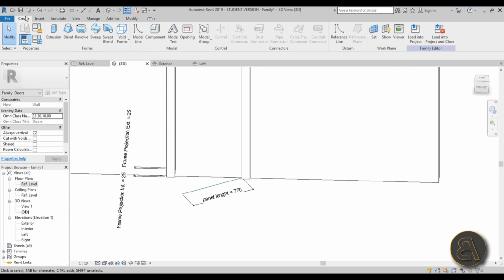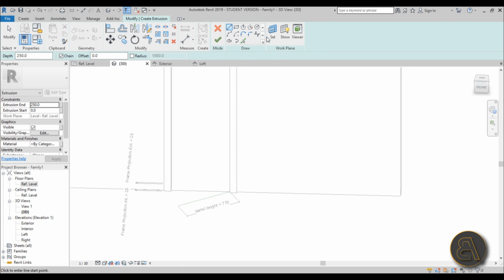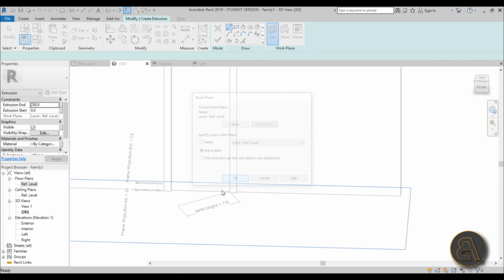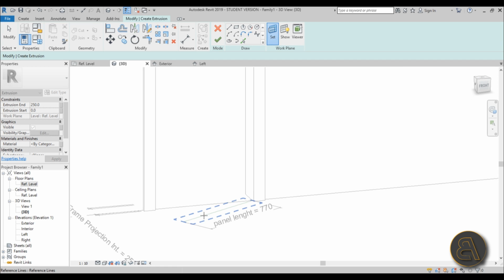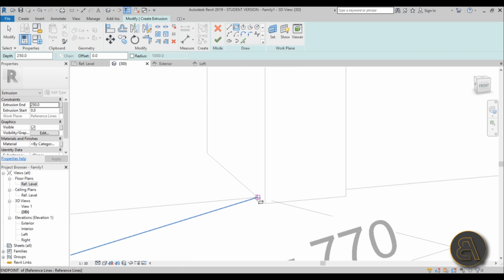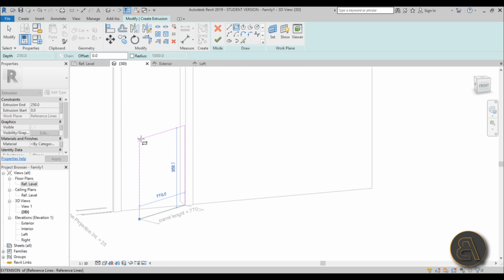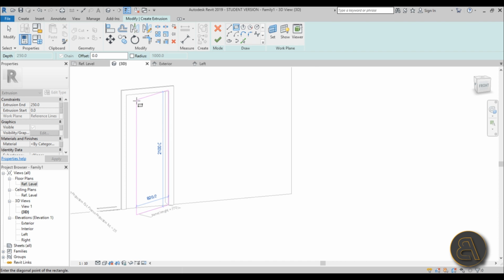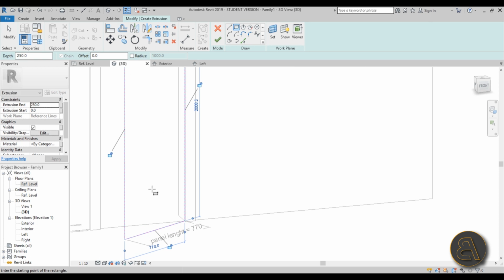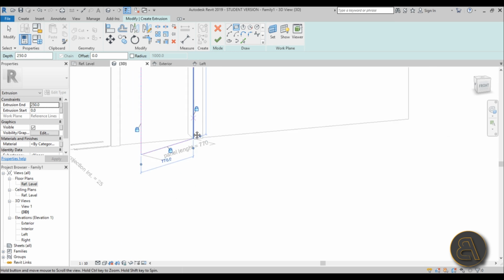So you just go here to create, extrusion. So you just go to that, and you set the work plane, and you go pick a plane, and you pick the vertical plane of this reference plane over here, and you just go from this side, this little pointy point over here, and you go to the other side, and you go all the way up to the top. So you go kind of like that. Okay, so you lock it in place here, you lock it in place here, you lock it in place here,